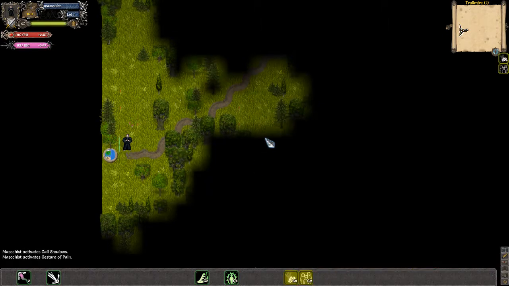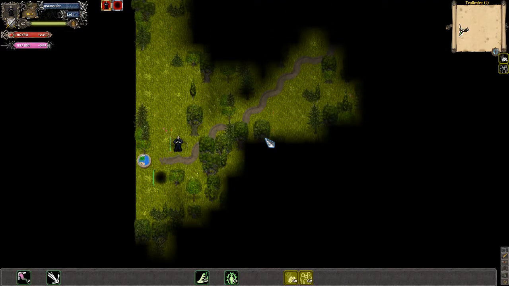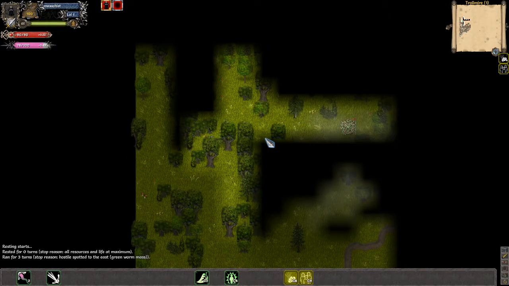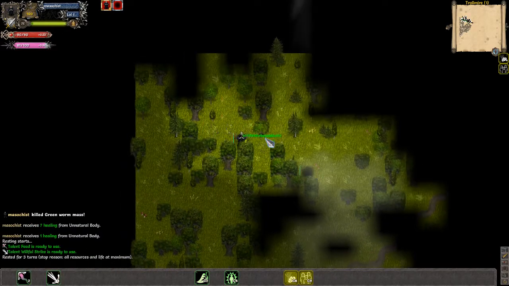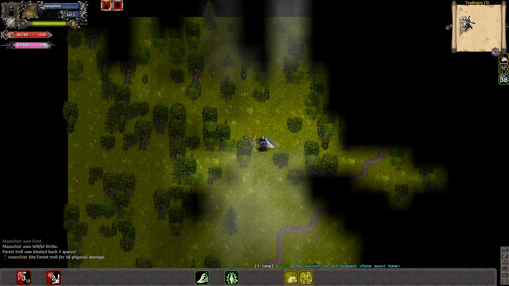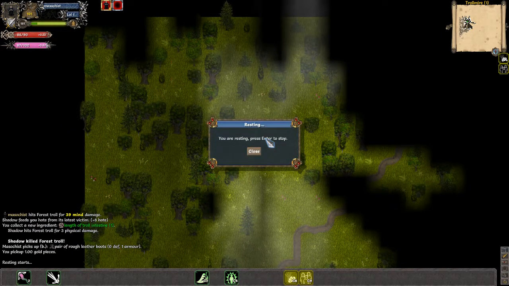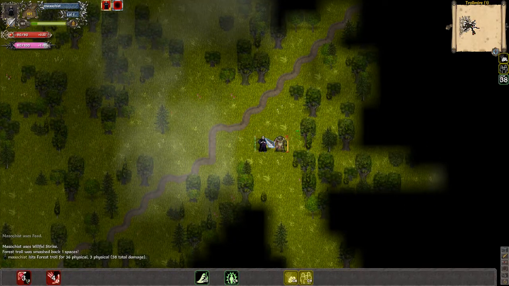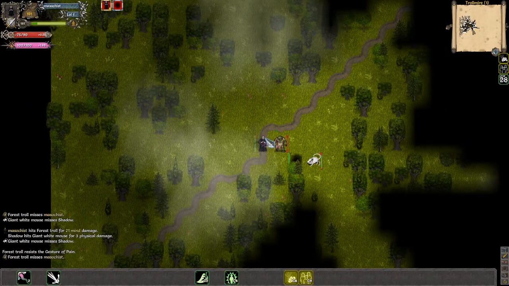We're just turning these abilities onto auto cast, so we have a shadow now. It's gonna follow us around. We only have one shadow right now, but we'll get some more later. But yeah, this class and race is really weak early on, so we have to be careful. We're also playing on a hard difficulty, so...